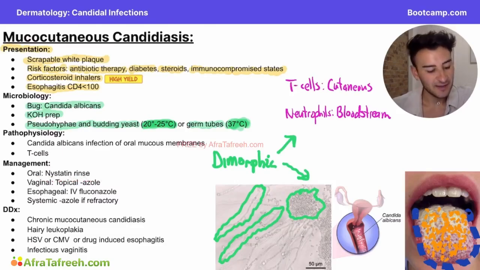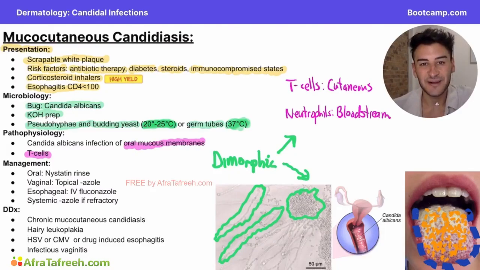So I just want to re-highlight here that T cells are going to be responsible for infections of our mucous membranes. Specifically, it's usually going to be the oral mucous membranes or the vaginal mucous membranes on test day, but this could also apply to skin infections as well. In terms of our management of Candida, it's going to be all about antifungal agents, and we have a variety at our disposal, and these are going to vary a little bit depending on what area of the body